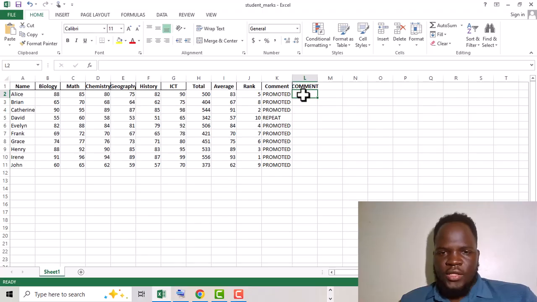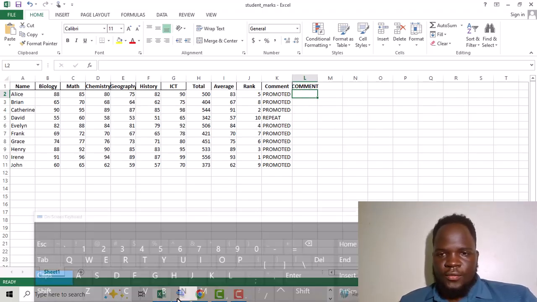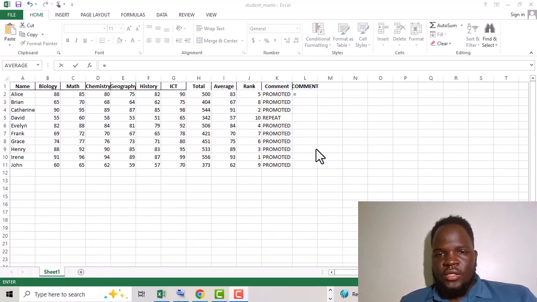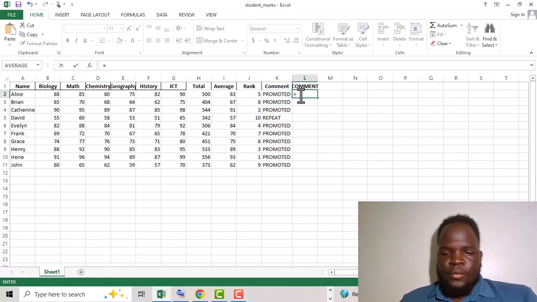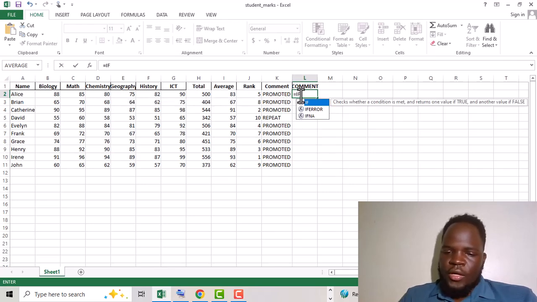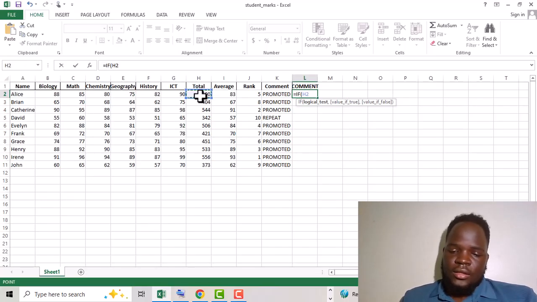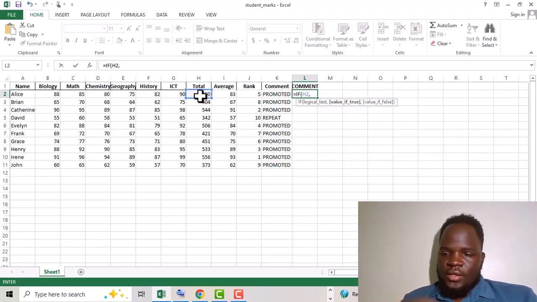So we put the equal sign, then you press equals if, open brackets. The logical test we are using is total now. If total is less than 500, then that person, put a comma, open quotes, less than 500, that is repeat,